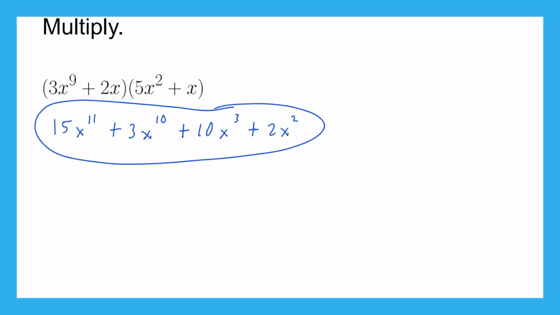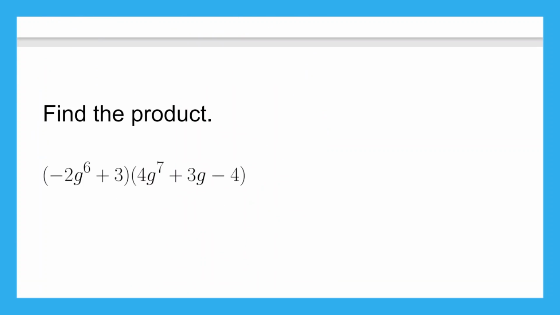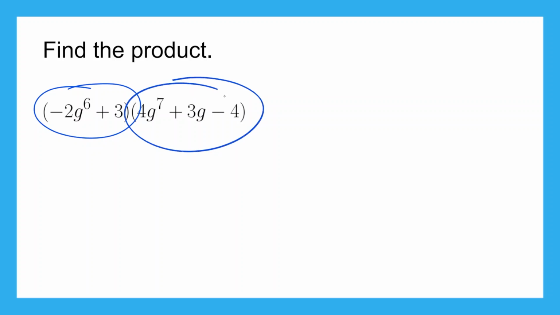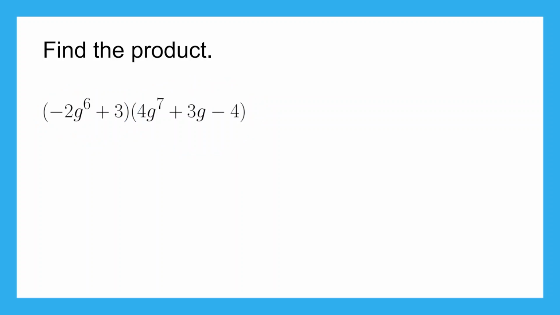All right, cool. This next one here is going to be a little bit more complicated because we have some negatives, and we also have a trinomial in the second set of parentheses as opposed to a binomial. So once again, we need to do each term in this first set of parentheses times every term in the second set. So we're going to start with the negative 2g to the sixth and multiply it by every term